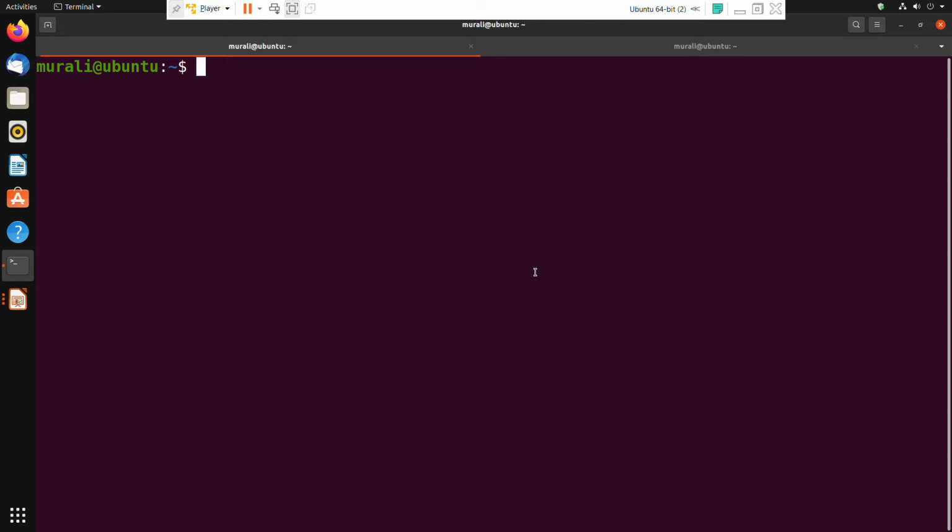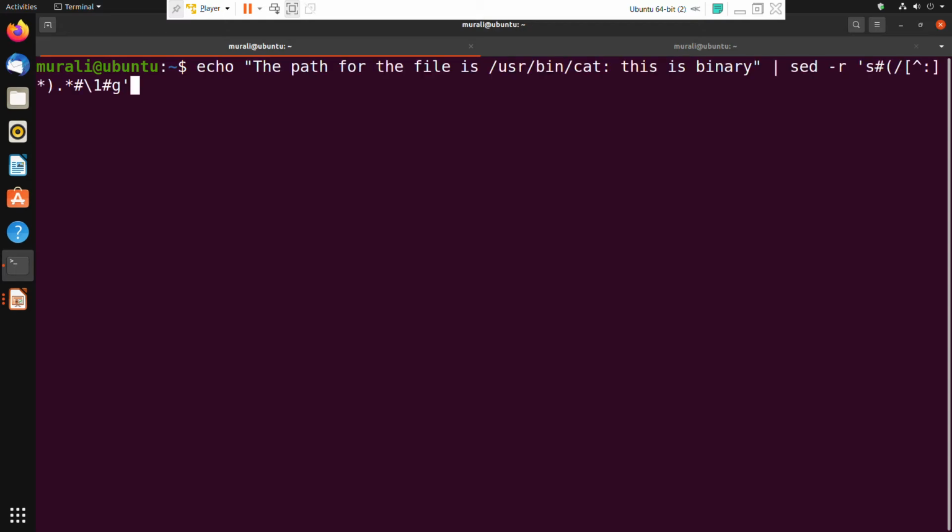First we are going to check out a particular kind of expression like this. Our requirement is like this: the path for the file is so and so, this is binary. After the colon, whatever is there I don't want, or maybe I want to consider it as another part.